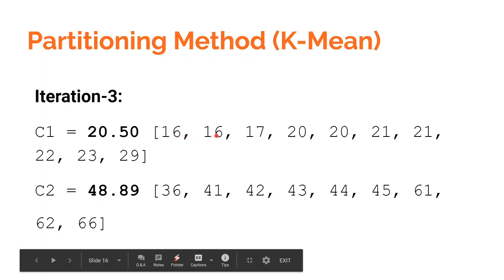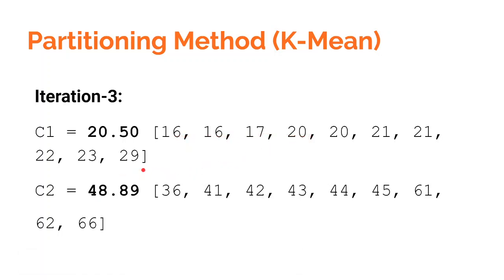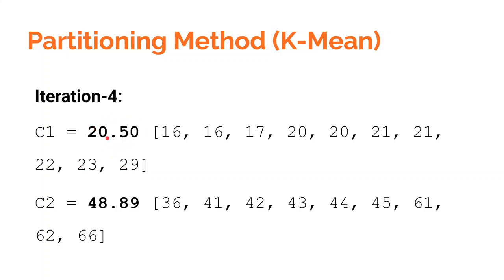So the values from 16 to 29, since they are closer to 21, will again be present in cluster 1 in iteration 4,